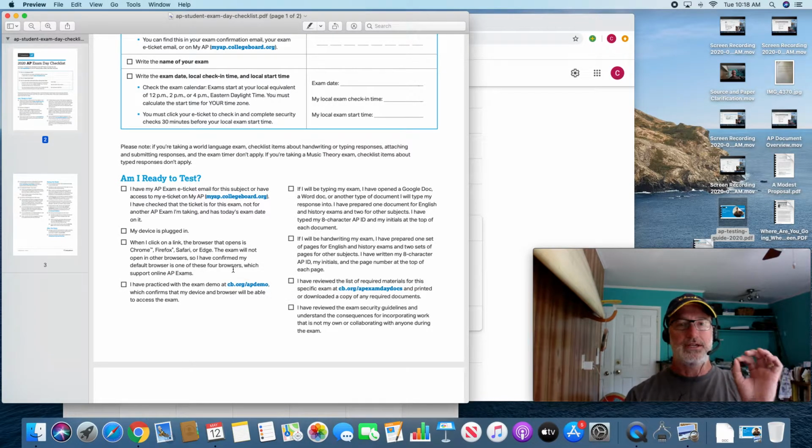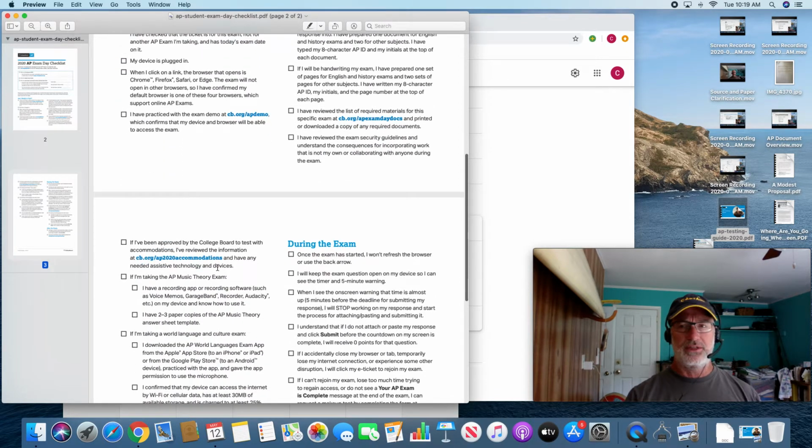You should know, because at the end of the day, if something messes up, they're going to be asking you these things, and if you have not done these things, you have no leg to stand on. So please keep in mind to read these, not just skim them, to read them and do all of these that apply to you. Now, a couple of the things deal with languages and things of that nature, like right here, AP Music Theory. We're not dealing with that, so you don't have to worry about that. But everything else, you need to have read and said, I should do that.